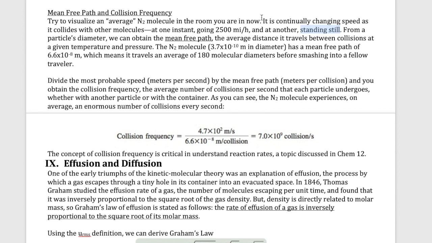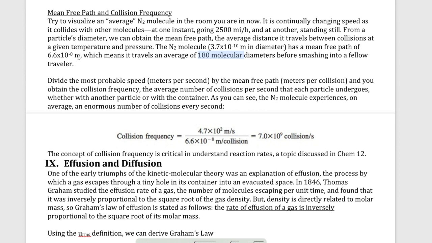So comparing that movement to the size of the particle, we can calculate something called the mean free path, which is just how far a nitrogen molecule can travel before it hits something else. And if we make our calculation at a given pressure and temperature condition, we find that the mean free path for nitrogen is this distance, which is very short, but remember the molecule itself is really tiny. So that's actually a pretty large distance compared to the size of the molecule. If you calculate that, it ends up being about 180 times the size of the particle before you run